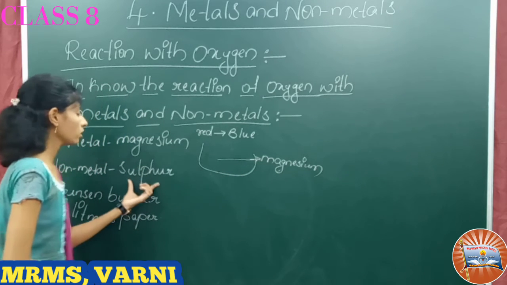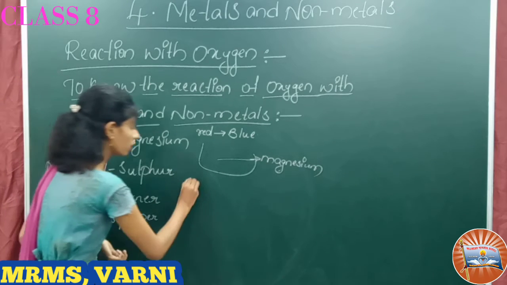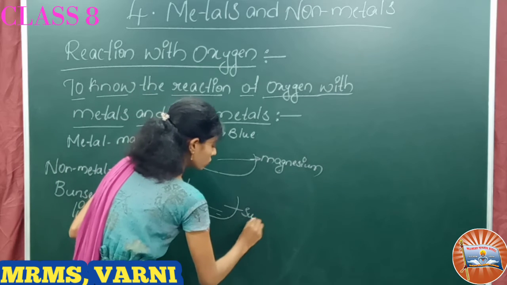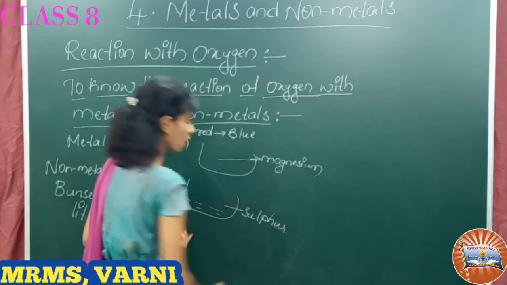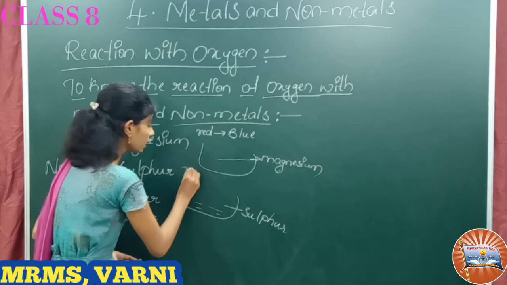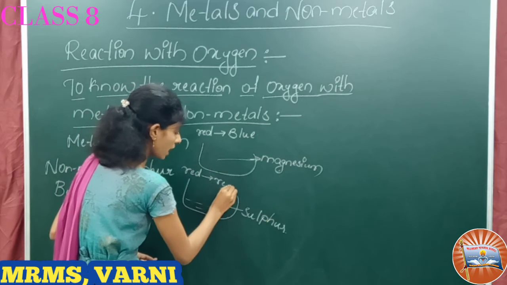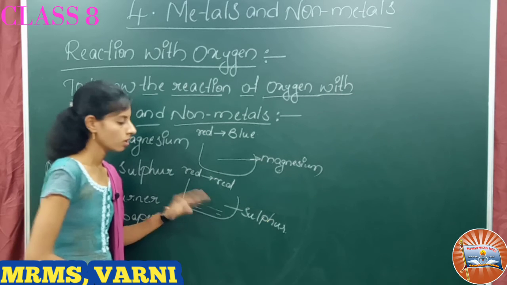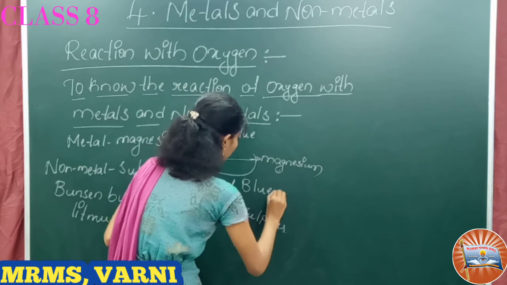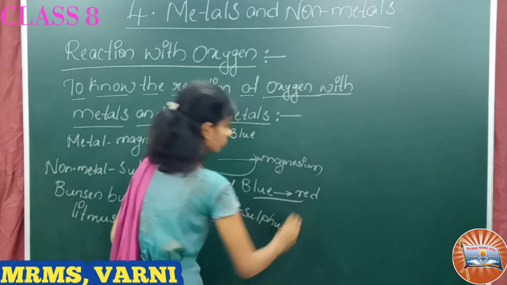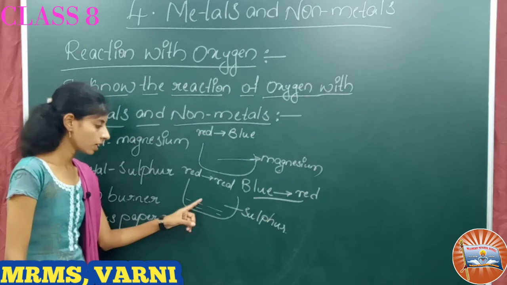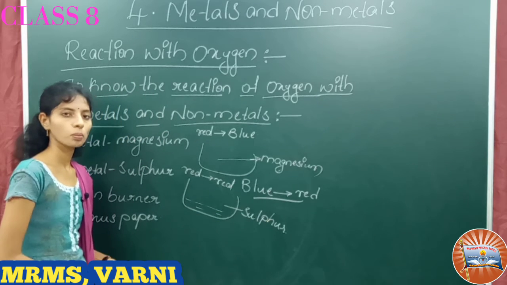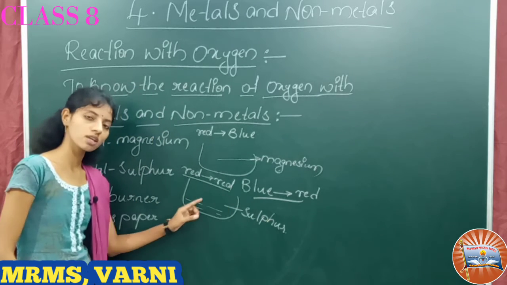Again, now take the sulfur gas solution in one beaker. To this solution, again keep the two litmus papers, one red and one blue. The red litmus paper remains red; it does not change its color. And the blue litmus paper changes into red. When we keep the blue litmus paper in this solution, its color changes into red, but the red remains red only.